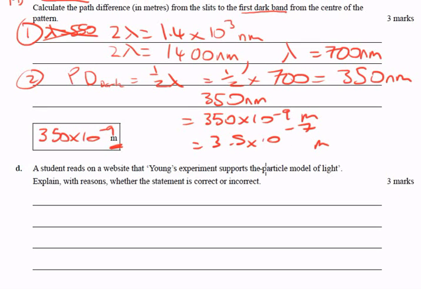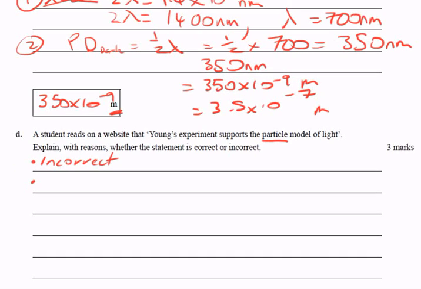Alright, a student reads on a website, the Young's experiment supports the particle model of light. Explain if this is correct or incorrect. Well, it's obviously incorrect, because Young's experiment supports the wave model. And whenever I do these, I explain what he saw in his experiment, and then how that is explained by the wave model or the particle model. So what did he see in the experiment? Young's experiment